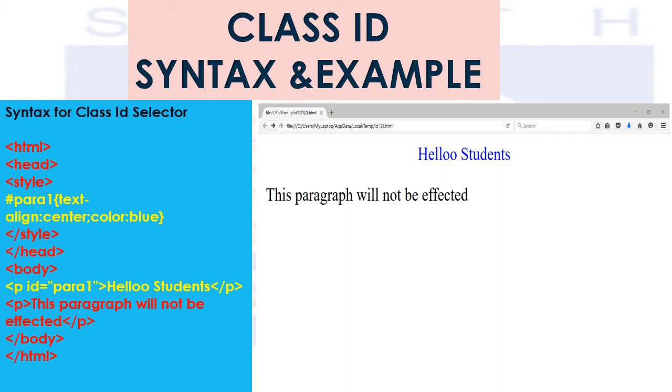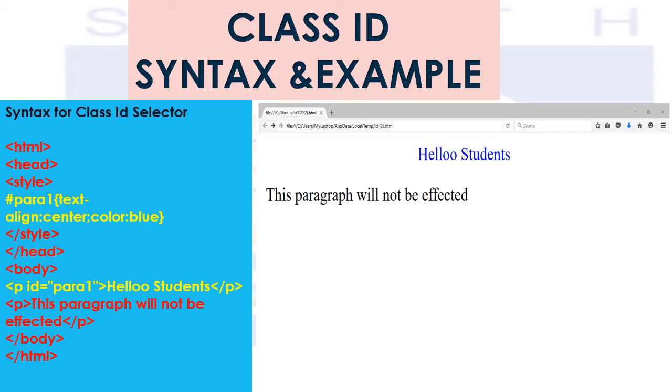This means that I have used the CSS ID, and when you use an ID, you always have to use it with a hash character. The selector is para1, and this code means that we are applying this particular style to the paragraph tag.